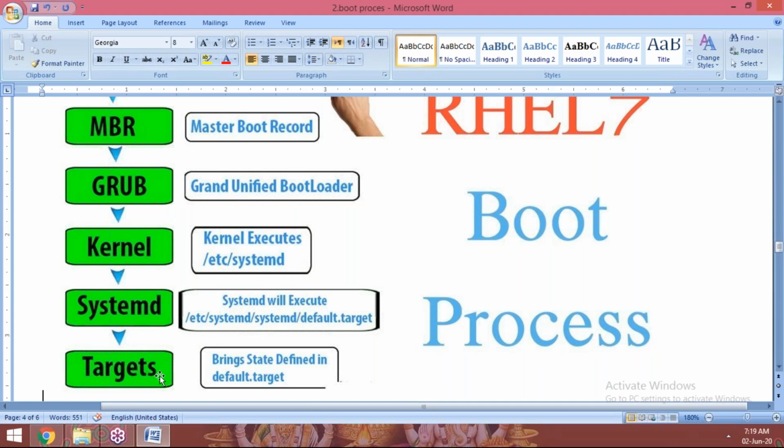In RHEL 6 it starts init, in RHEL 7 it starts systemd. In RHEL 6 it executes the init programs and goes to the default run level. In RHEL 7 it goes to the default target. So this is the way the Linux operating system will boot.